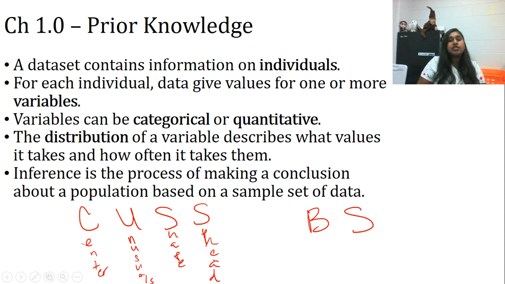And so as we started this, some of us were bridging some knowledge gaps and getting to that vocabulary. And so now I think as we go through, you guys are like, okay, what is my center? Where are my high points? Where is everything clustered around? So I've seen some of those great vocabulary words. Unusual: are there funky gaps? Are there outliers? Your shape, that's skew right, skew left, roughly symmetric. How do I understand that? Is it simply based off of a graph? Is it based off of my data? Is it a combination of both? Do I look at my median, mode? So ask yourself these questions.